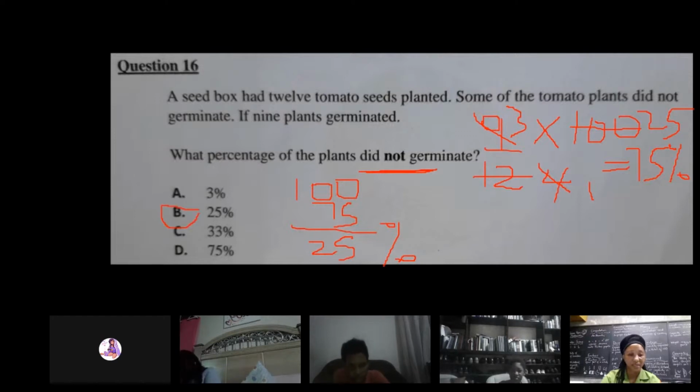So B is correct. 3 over 5 times 100 instead. Why 3 over 5? 3 over 12. Okay, so this is one way to work it. The other way would have been to say, if 9 germinated, then 12 minus 9 would be 3. So 3 did not germinate. So we could work out